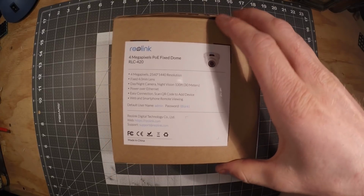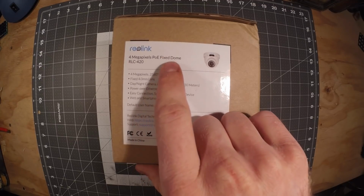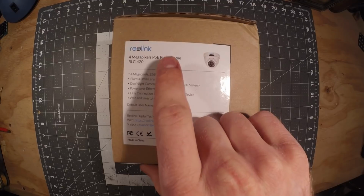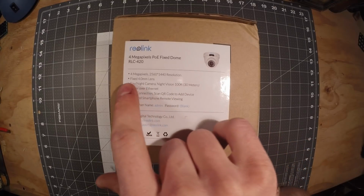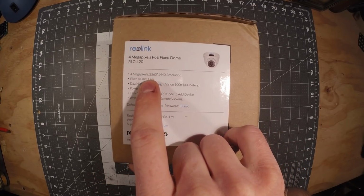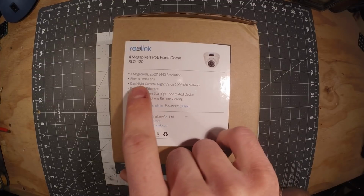So anyway, this camera right here is the Reolink. This is a 4 megapixel PoE, non-zoomable. You can zoom digitally, but not optically, so you can't change the focal distance or any of that. The active resolution at 4 megapixels is 2560 by 1440, and it has a